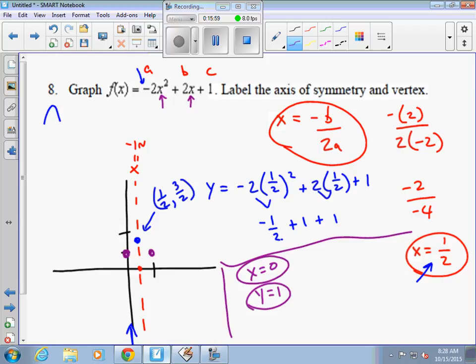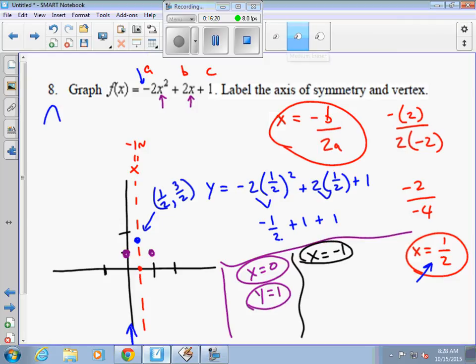So then slide over one more time. You can either slide to x is 2, or you could slide to x is -1, whichever one you prefer. -1's probably easier when you square it and stuff like that. So we'll use x is -1. Both of them are going to work. So again, if we plug it into the same equation,